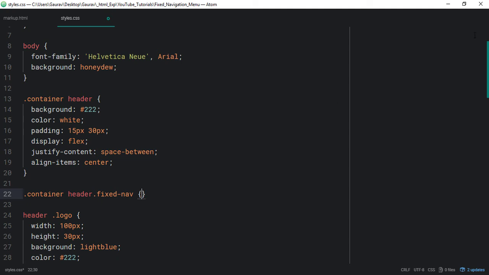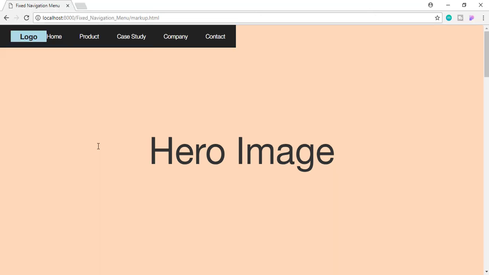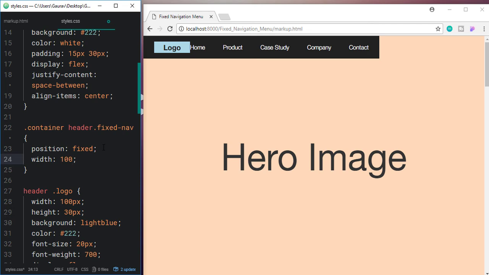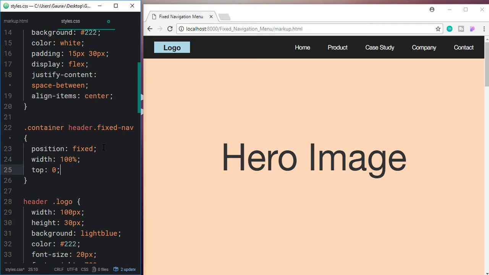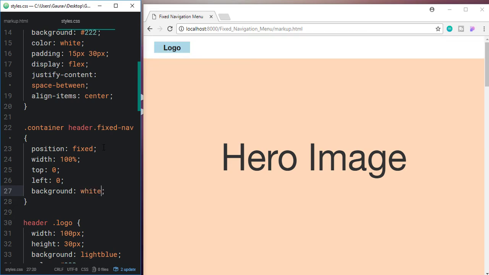So when the header has that class, first of all we are going to change its position from static to fixed. Okay, so it is not going to have the 100% width. So let's say width 100%, let's say top 0, left 0, and let's change its background to white, and let's add some transition, all 300 ms, ease out,